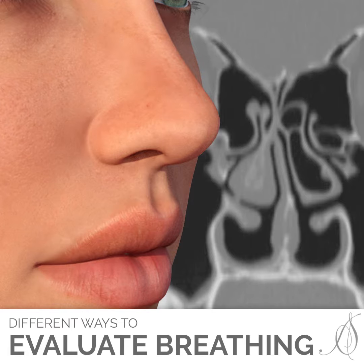So we're talking about what kind of examinations do I need to evaluate my breathing. There's a couple things we can talk about. The most common way that I look inside someone's nose is with something called anterior rhinoscopy. This is a nasal speculum, and usually with a headlight